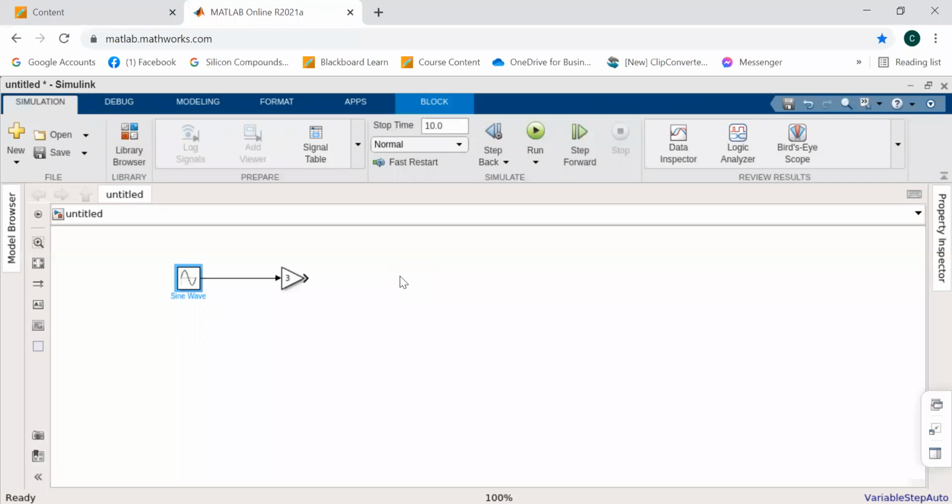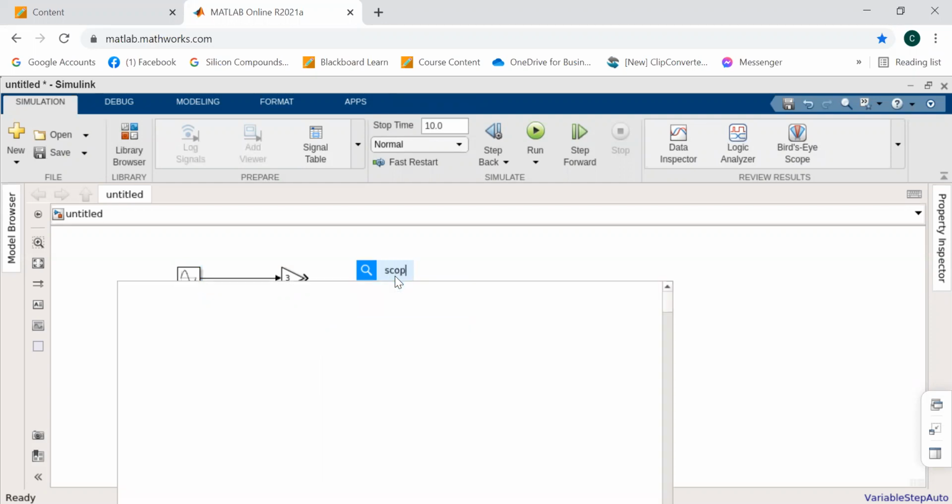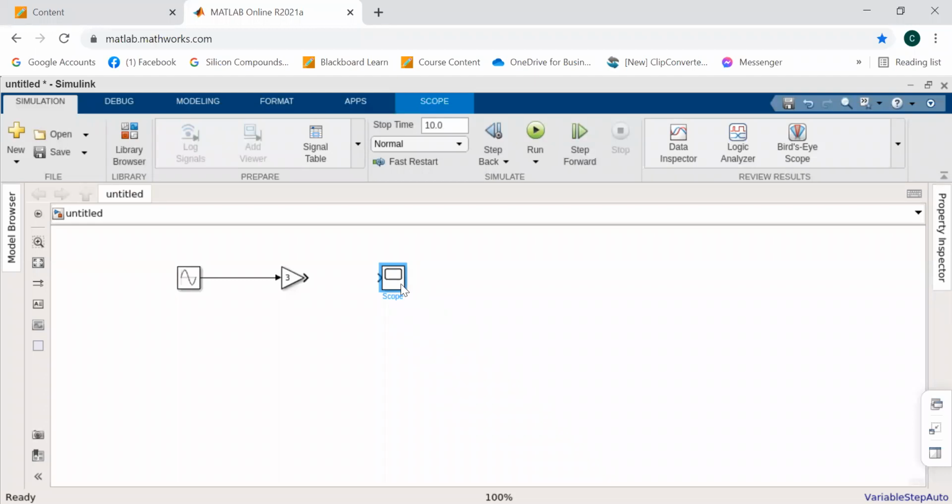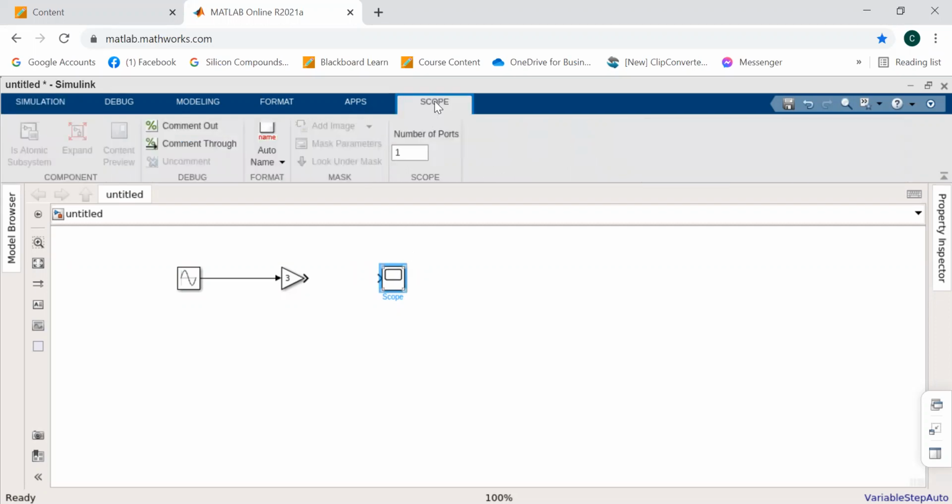So I want to see that outcome, and again, you could click the library browser to look for the particular device that will help you do that, which is technically just a scope, the oscilloscope basically. Or you could double click again on the worksheet and search for the scope. Since I already know the command for scope, it's easier for me. And then there will be a tab that says scope. You could double click the item again,